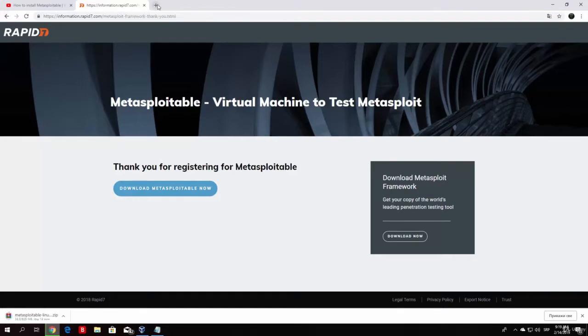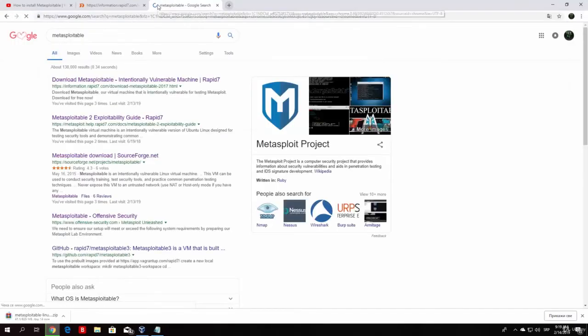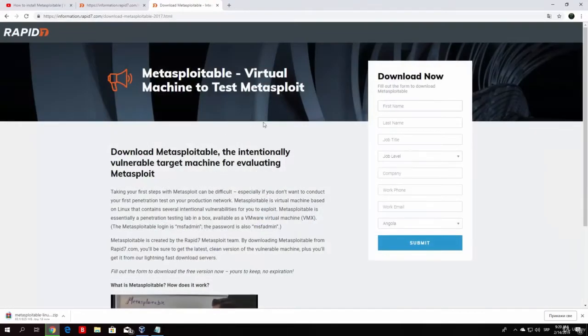Now, it might ask you, let me just show you. If you go and type here in your Google search bar Metasploitable and click on the first link, it will ask you, before you can download Metasploitable, to make an account. So basically, you need to submit some of this information in order to download Metasploitable